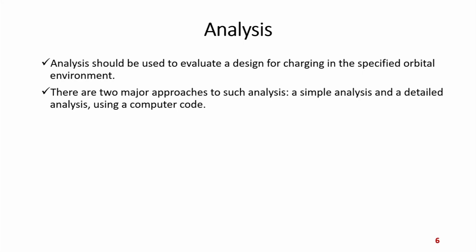And there are different approaches. One approach is that you can use a simplified analysis, where you can take various types of assumptions. You can take the spacecraft to be a very symmetrical one, you can consider it spherical, all these things can be done. But if you want to do a robust analysis, then